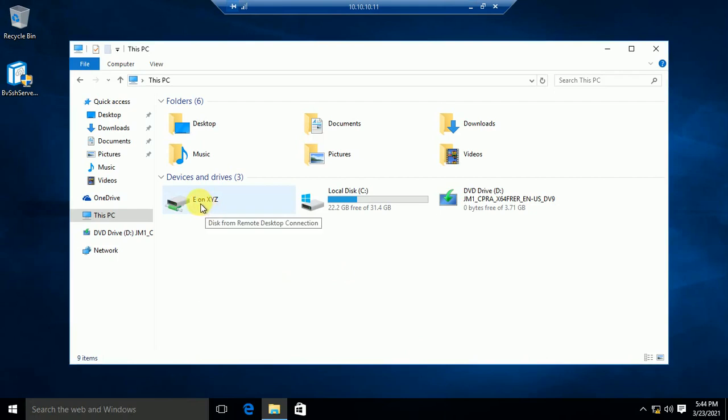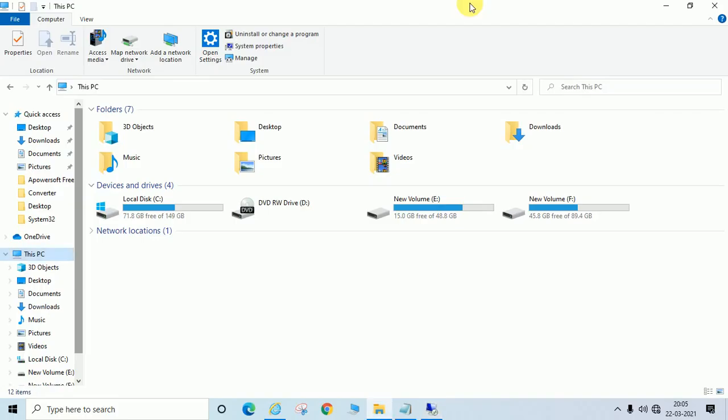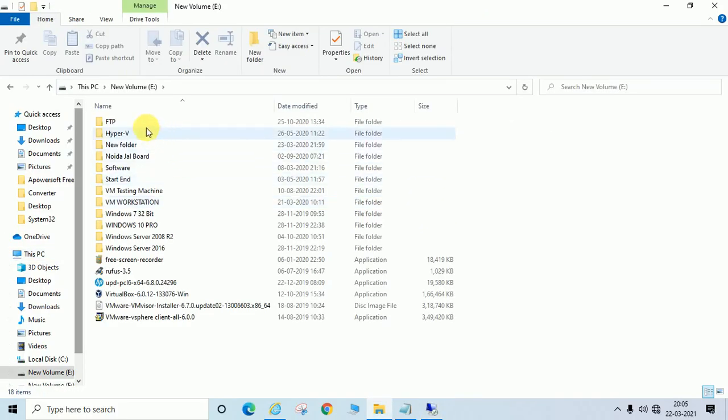and if you want, you can copy any data. If you want to see, I have opened this drive, the local system drive, on this remote system. If you want, you can match here FTP, Hyper-V, New folder, and many more folders. In the same way, we will also open here the same folder.